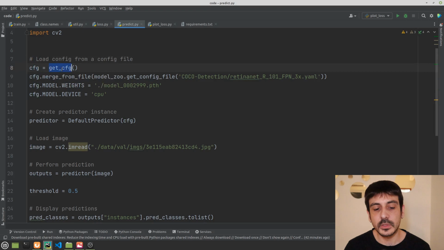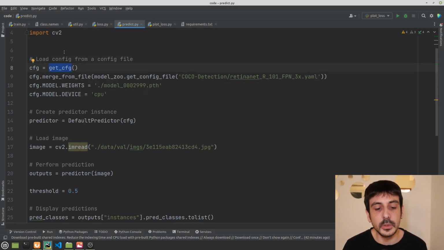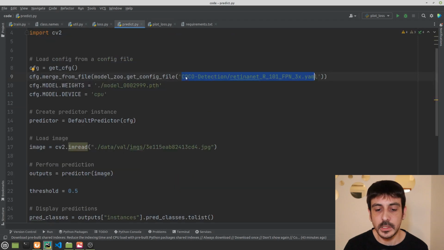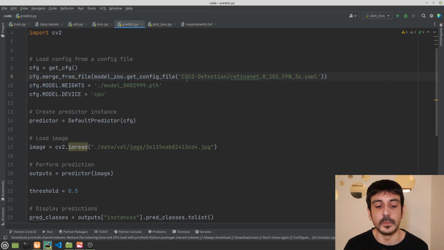In this case, we are just getting this default configuration file with a lot of default values, and then we are updating this default configuration with many other values which are specific to the model we use. In my case, as I used this pre-trained model, this baseline, I have to use exactly the same one here, and the only thing I'm doing is updating this default configuration file with many other values which are specific to this model.